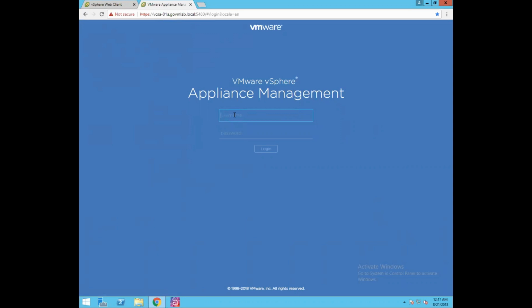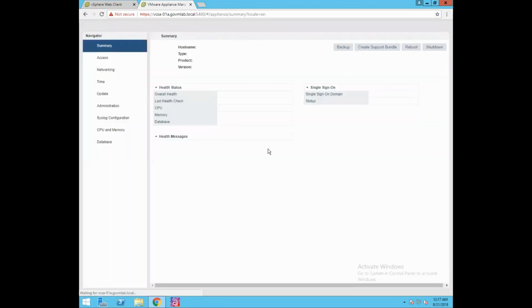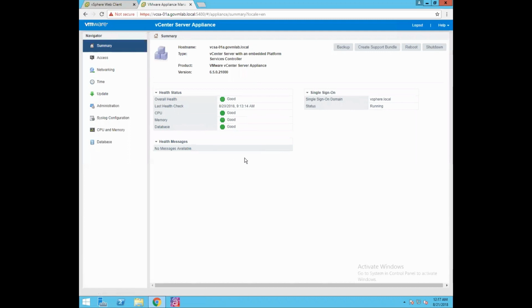Now provide the username. The username would be root, with the credentials of the root user which we provided during installation of our vCenter Server appliance. Click on login. And now, as you can see, we are successfully logged in to our appliance management page.